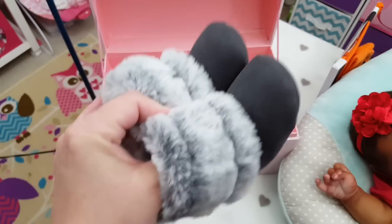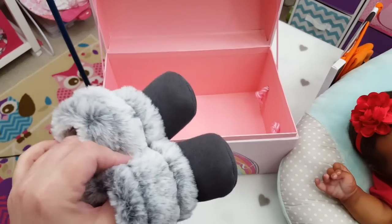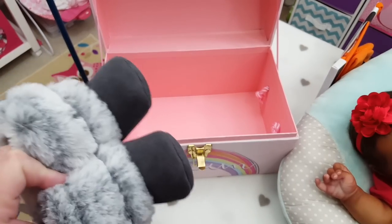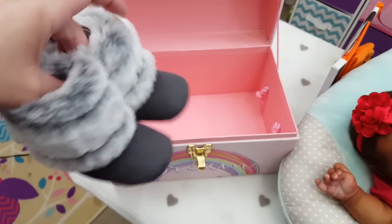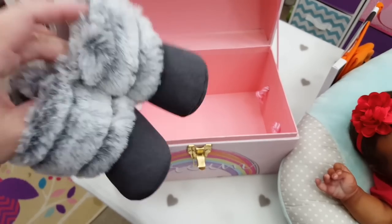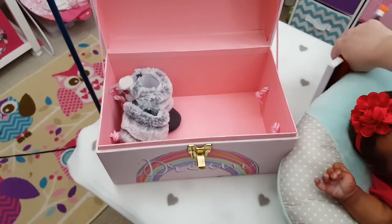Since, I mean, it really doesn't get cold here, but you know I'm going to dress the reborns accordingly to the weather everywhere, because I think warm clothes look really cute on the babies, and I cannot wait to match these up with an outfit. So I thought that was...